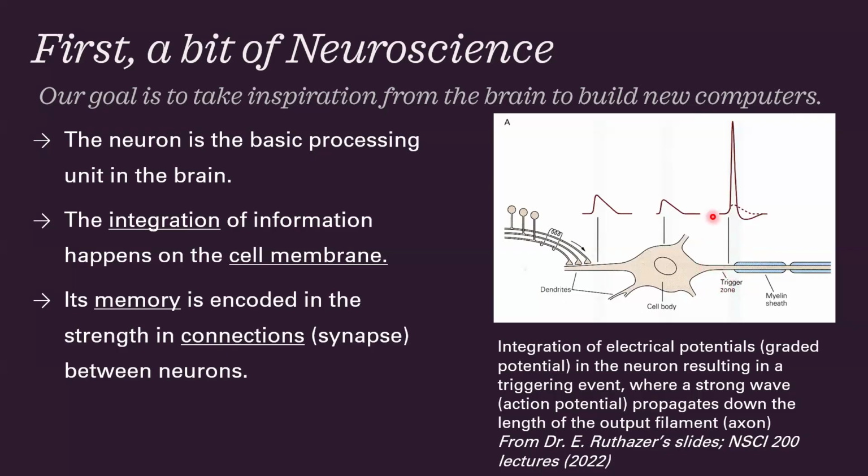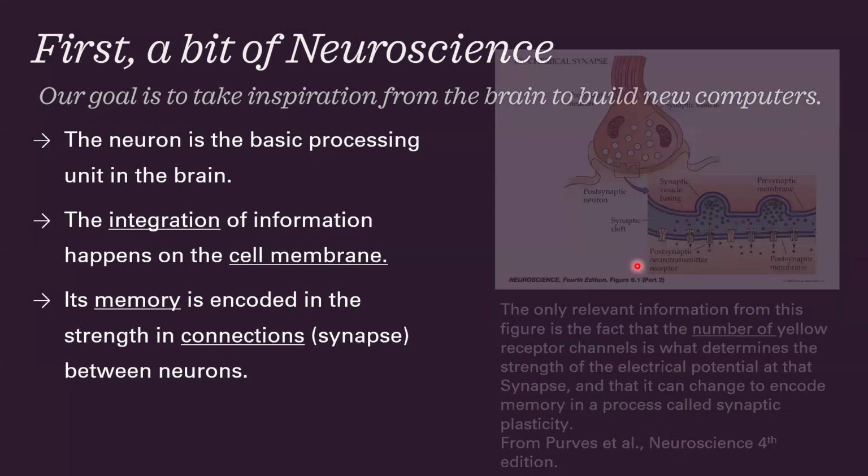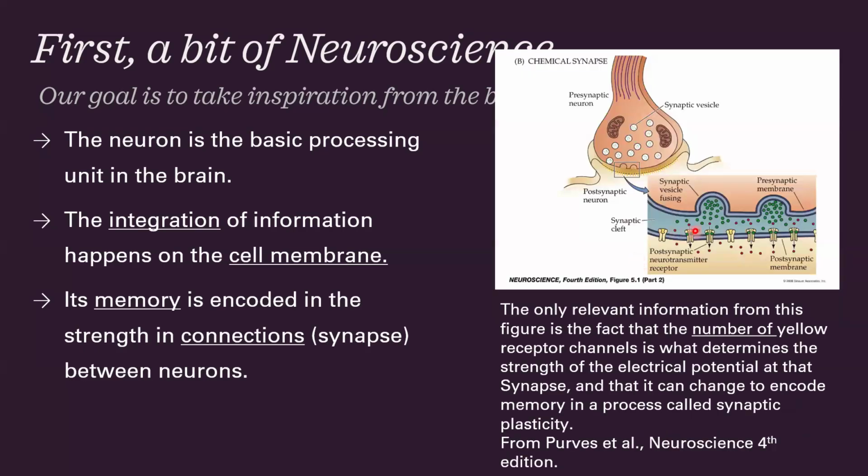This creates a very large impulse wave, which will travel along the length of this output appendix, which we call the axon. So when the signal reaches the end of the axon,